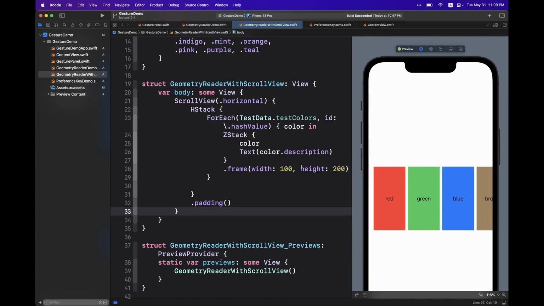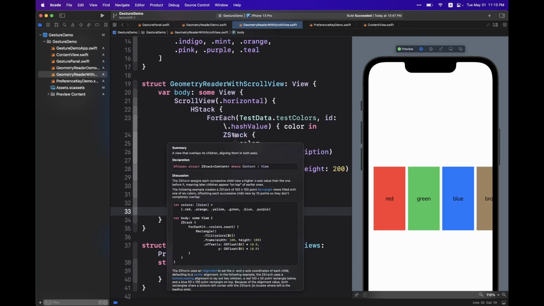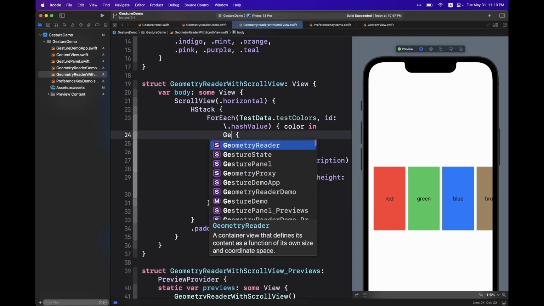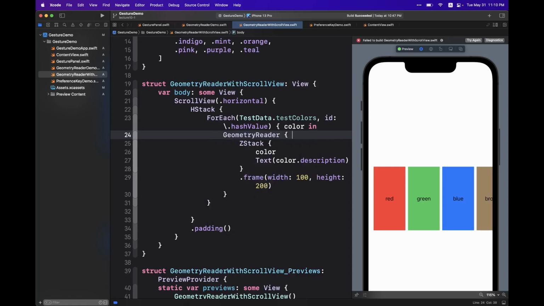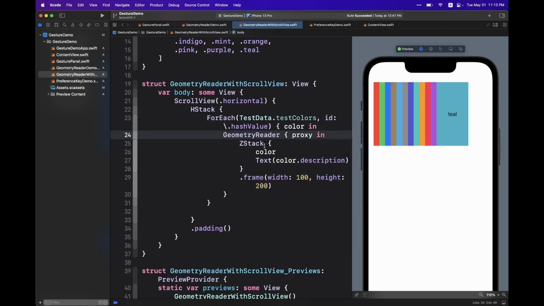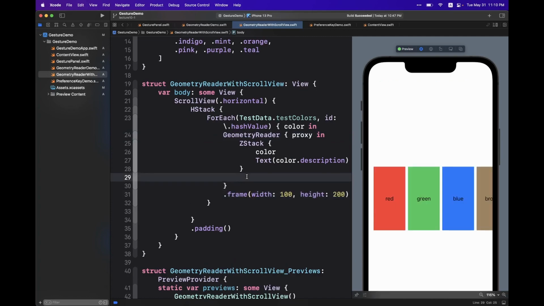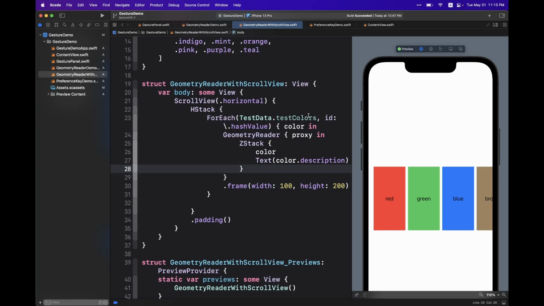Now, let's actually use GeometryReader to achieve some interesting behavior. Actually, let me show you one by one first. First, we're gonna embed this thing in a GeometryReader, and we have a proxy. Here, we're gonna apply this frame on the GeometryReader. Now you can see we still have exactly the same thing as before. But now,